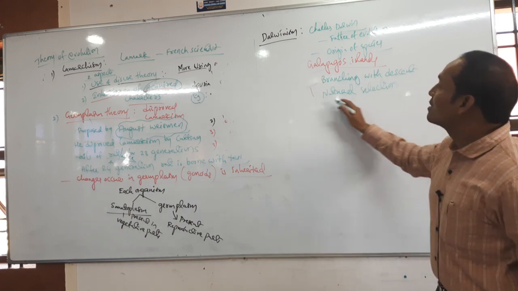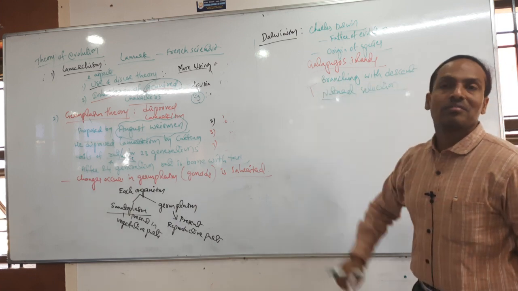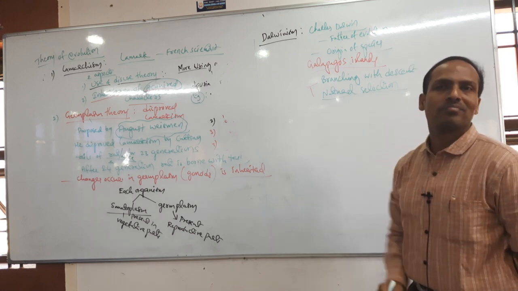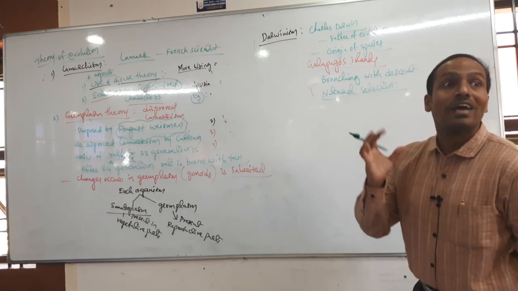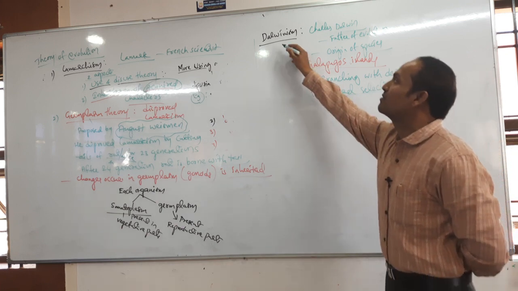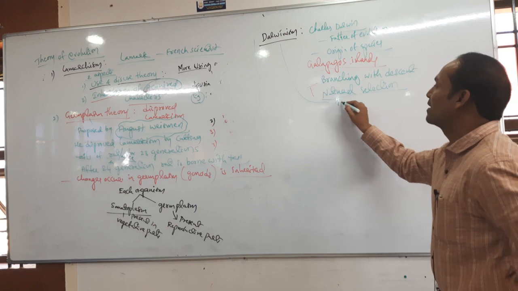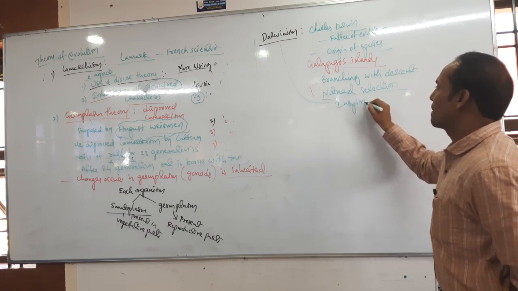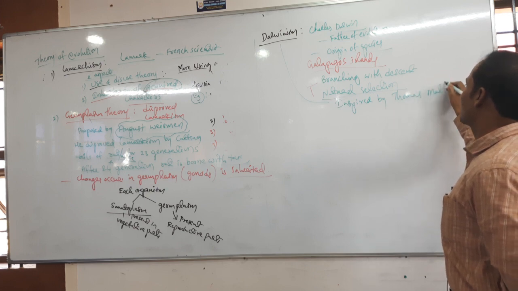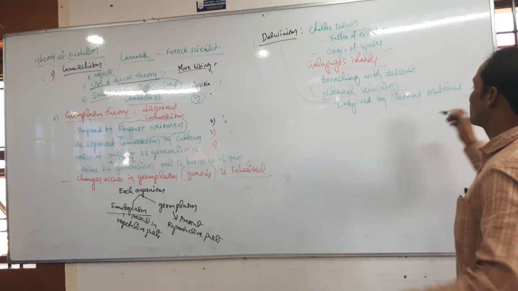Darwinism means branching with descent and natural selection. But someone inspired Darwin about this evolution. Come on, who inspired Darwin? Thomas Malthus, okay? So Darwin was inspired by, very important, Thomas Malthus, very important, students,